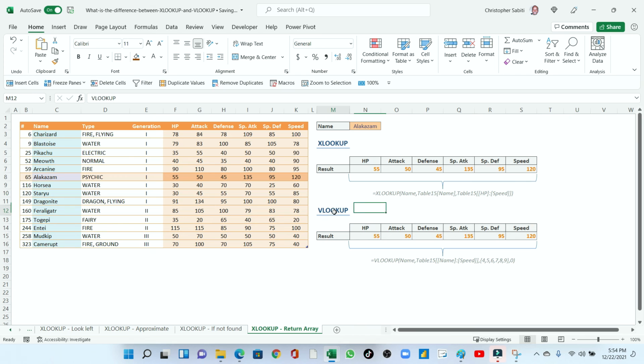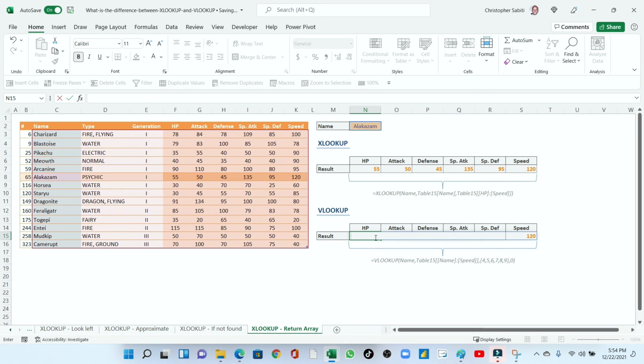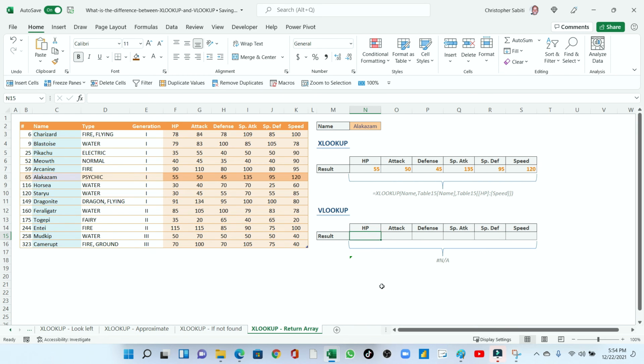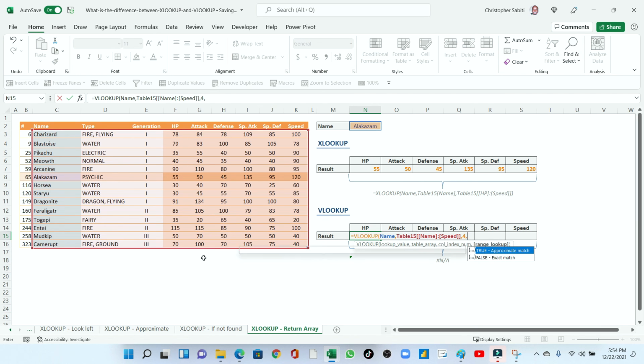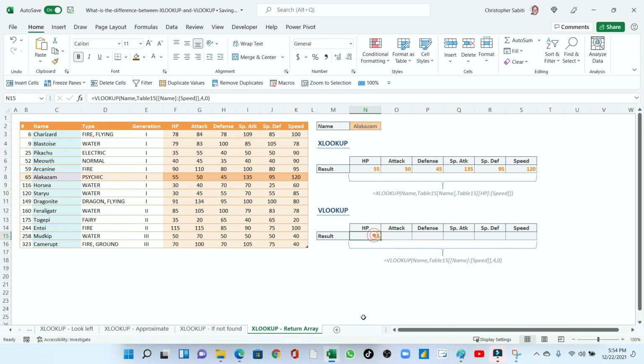Okay, now we go to VLOOKUP. VLOOKUP, yes, you can return an array, but you do a lot. You do a lot to return the array. So deleting that, then with VLOOKUP, if I say equals to VLOOKUP, we are looking up this name, comma, what is the table array? This is the table array, comma. Remember now here we are supposed to put the column index. So if I put column index 1, 2, 3, 4. So if I put a 4 and comma exact, when I enter, it brings for me one value.